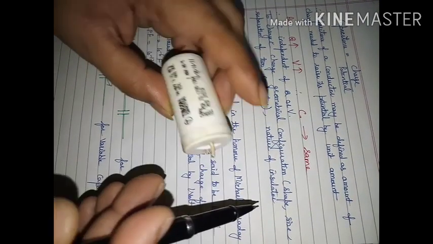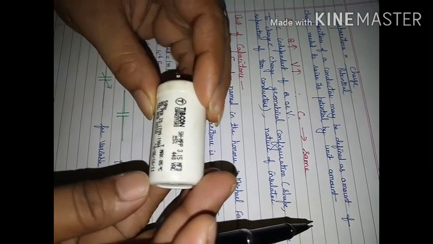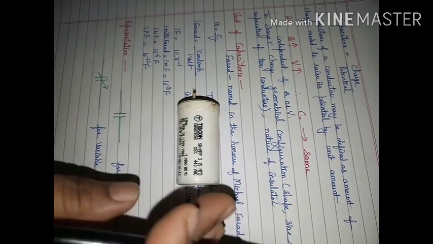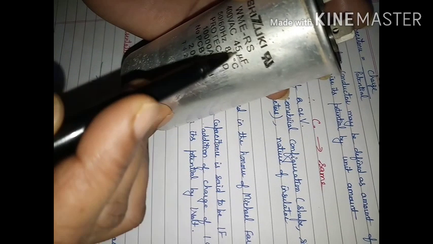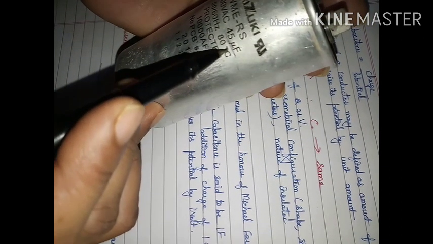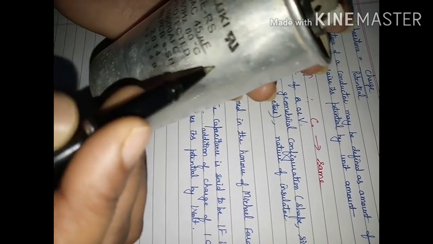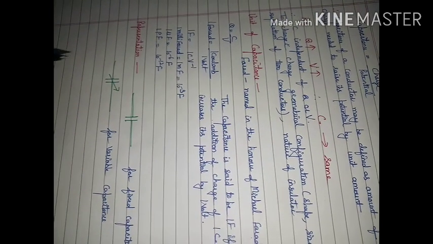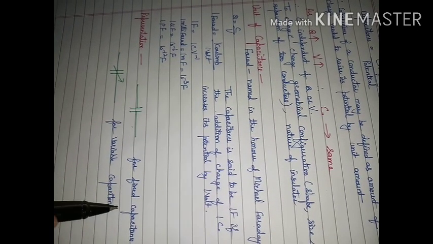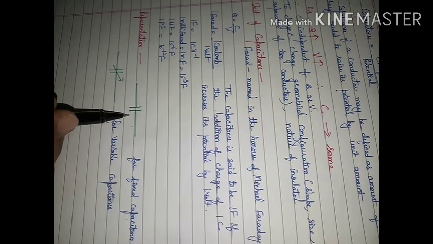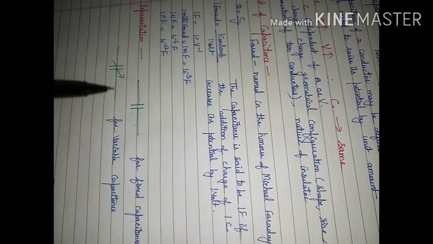If you see it very carefully, see, 45 microfarad is mentioned here. So farad is a very big unit. So we are going to have microfarad, millifarad, picofarad, like this notation on the capacitors that we are using. And how to represent it? Representation of a capacitor will be by two parallel lines. If its value is fixed, then we have this representation. And if you can vary it, then for variable capacitance, this sort of symbol you have to use.